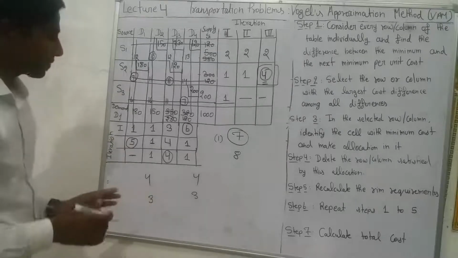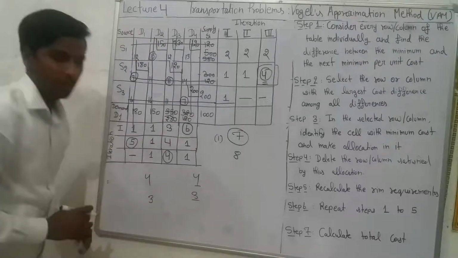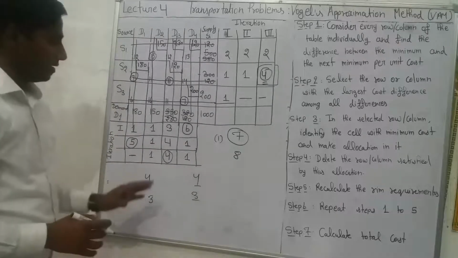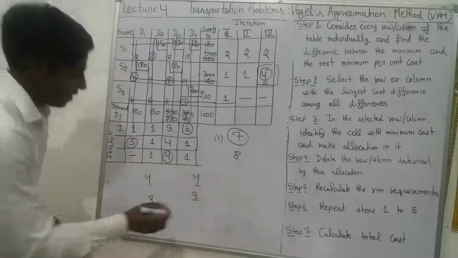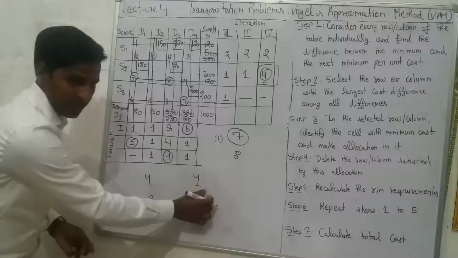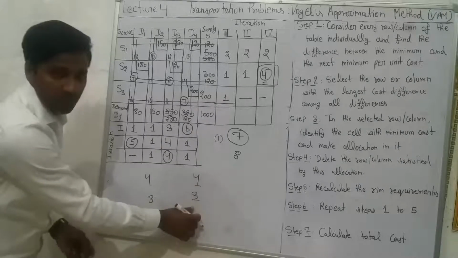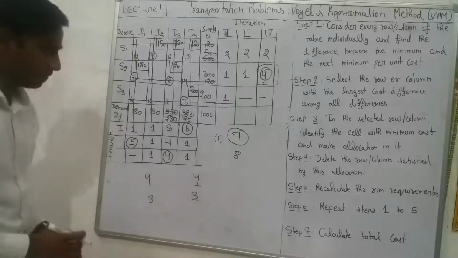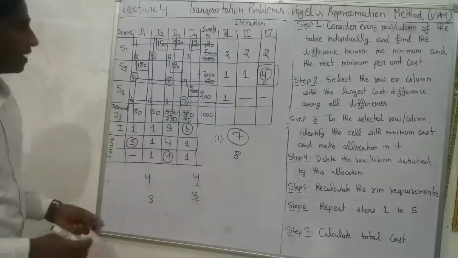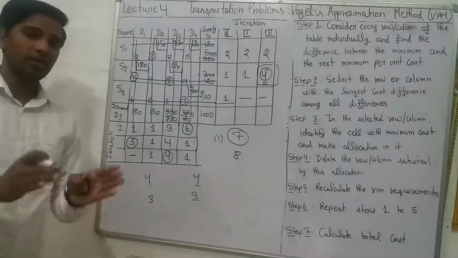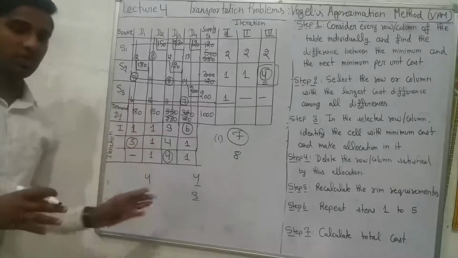So again, the second technique to come out of this problem is related to the allocation of quantity. The largest cost difference is similar. Okay, no problem. Go to the first technique: find the minimum cost in front of each largest value. And if they are also similar, then what do we have to do? We have to simply calculate the largest quantity that you can assign in that particular row or column.